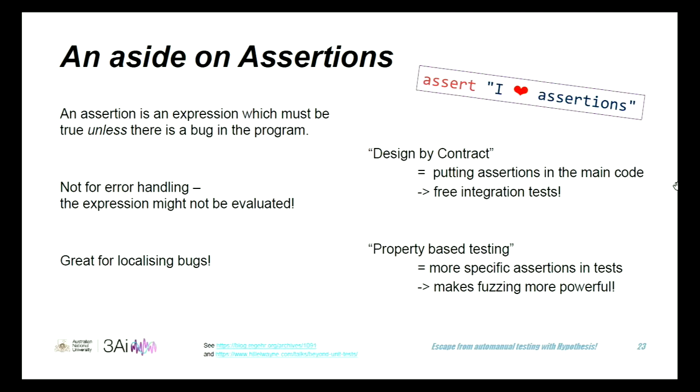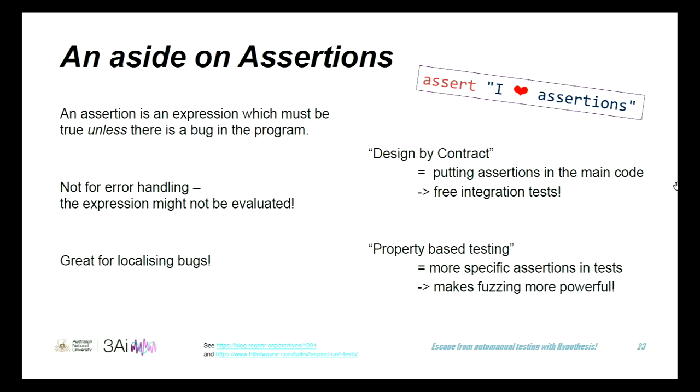And this kind of combination of early validation and then checking later is why I love assertions so much. The best definition of assertion that I've found is that it's an expression which should always be true unless there's a bug in the program. So you don't use assertions to check that user input is correct. You don't use assertions to test that somebody called your function with the right argument. You use it where you think you might have made a mistake, where there's some complicated invariant or something where you're just not quite certain how the thing should work. You can put an assertion so that if something goes wrong, or if your mental model of the code is not quite right, you find out as soon as it happens, not 30 calls later when the incorrect value